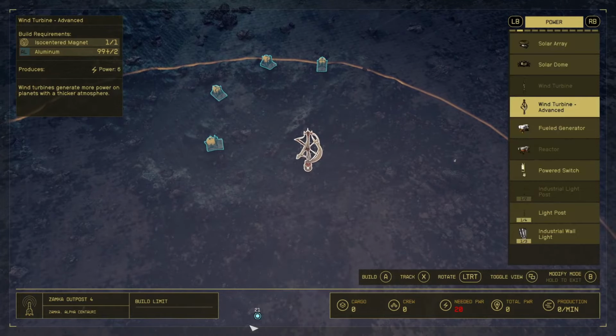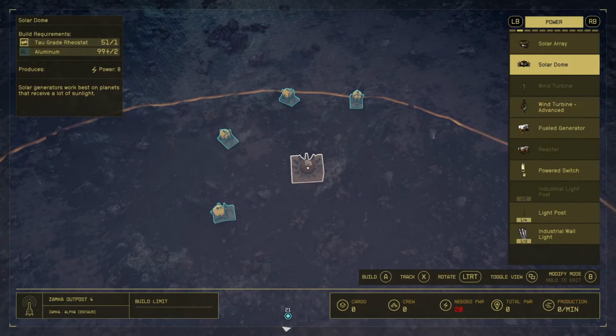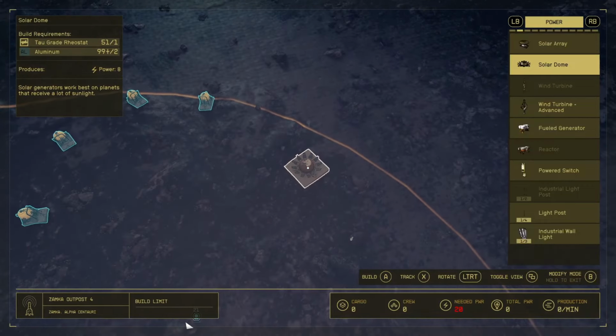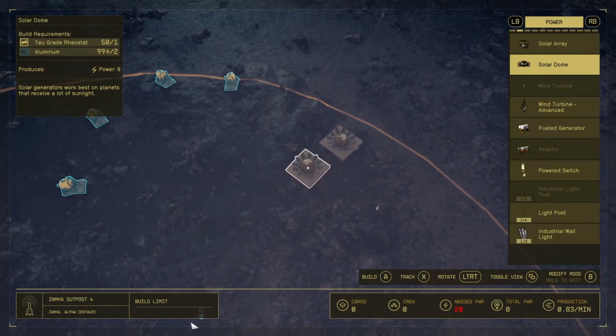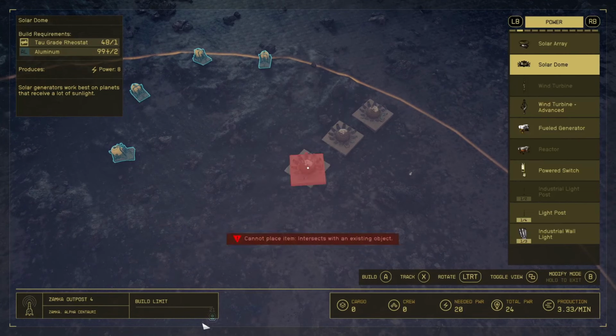The wind turbine does 6 power. The solar dome does 8. So there's no reason really to use the wind one here. So we're going to go ahead and use the solar. We're just going to put a couple of these down. Basically, we need enough power. So now in the bottom right, we got enough power to power up all of those